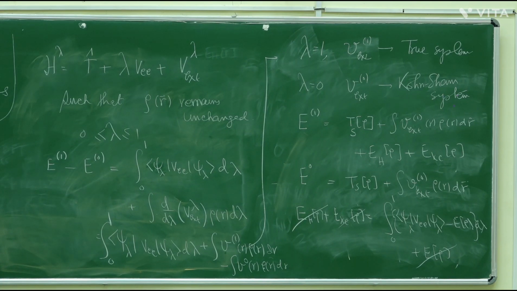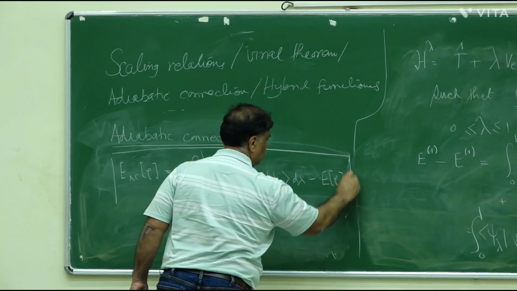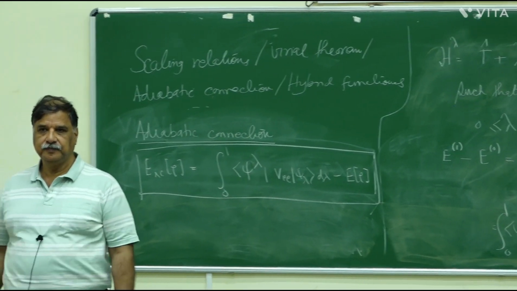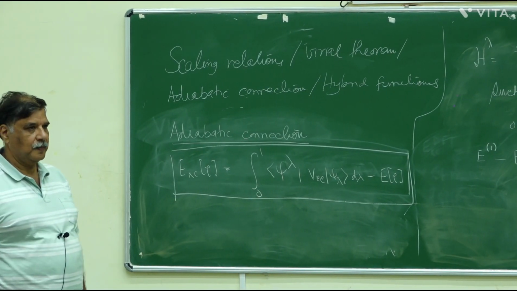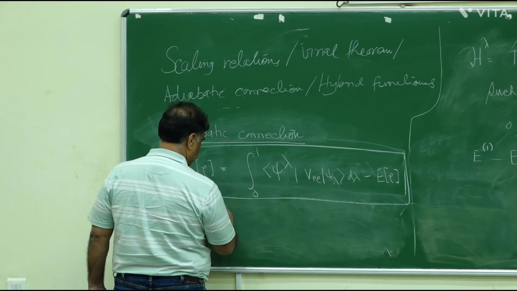equal to integration 0 to 1 psi lambda VEE psi lambda d lambda minus E Hartree. If you could calculate psi for each lambda, this is what is going to be your answer. Okay? So this is the adiabatic connection formula, and through this you can also derive